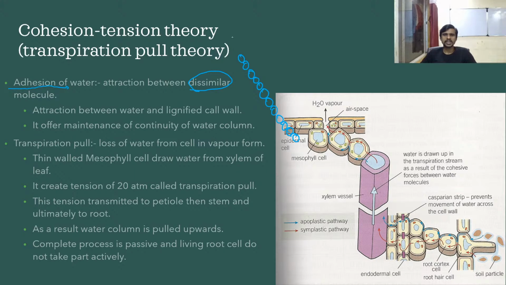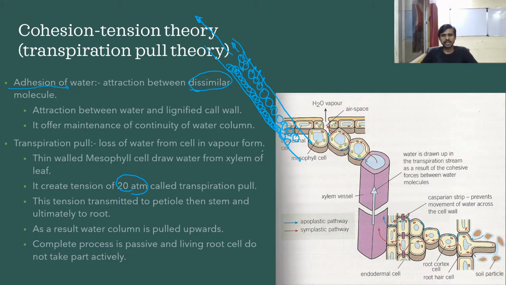Now let's see, here is a wall of a xylem or the tracheids by which the water is moving. Here is how the water molecules form a chain, and they are also joined to the wall of the xylem, and because of that they are not going to fall down, and it will again provide a 20 atmospheric pressure or 20 atmospheric tension to maintain the column of water, which is synthesized by a different concept. They come together and they form a continuous column of water.